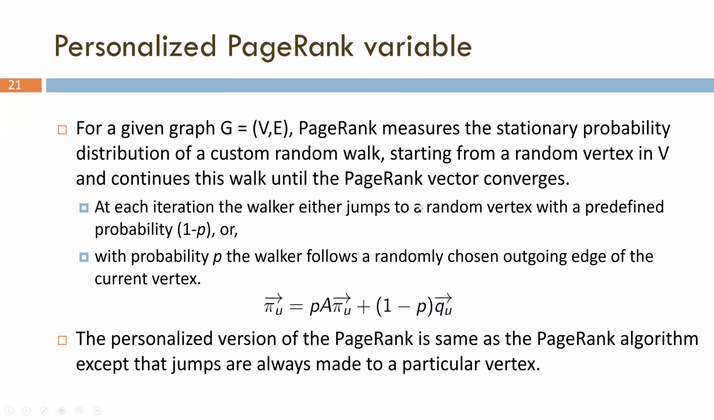And here we start from a random vertex, and in each iteration we move to another vertex with a probability of 1 minus p, or with the probability of p, we jump to a randomly chosen vertex. In the PPR version, that's the personalized PageRank version, everything is the same except that the jump is always made to a particular vertex. And Q_U is used for personalization. That is U, the source vertex. The value for that U will be 1, and all other cells in the vector will be 0. And A is the column stochastic matrix, pi is the PageRank vector, and p is the damping factor, which is generally